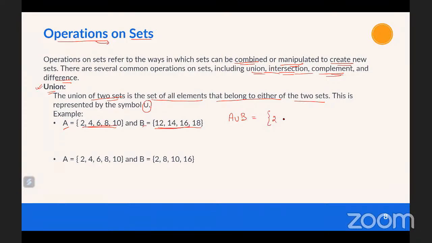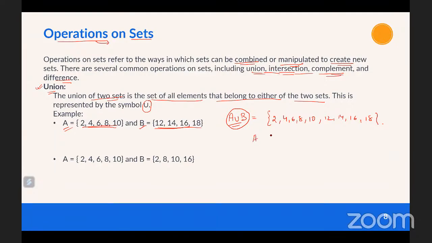So it will contain 2, 4, 6, 8, 10, 12, 14, 16, and 18, right? All the elements of A and B will be in the set. This is also a set, okay? So this is a set which represents the union of set A and set B. Now you can draw a Venn diagram